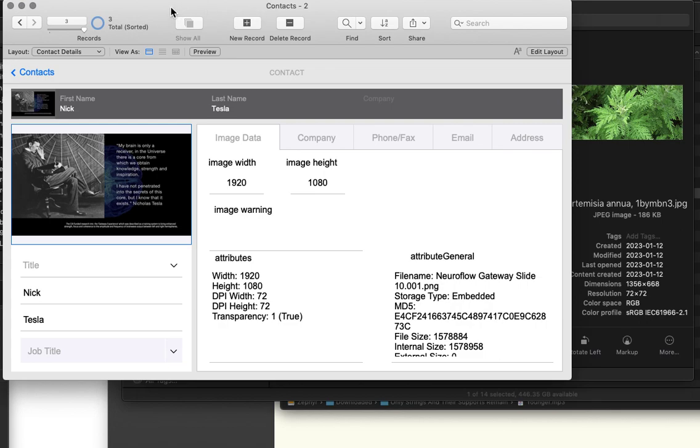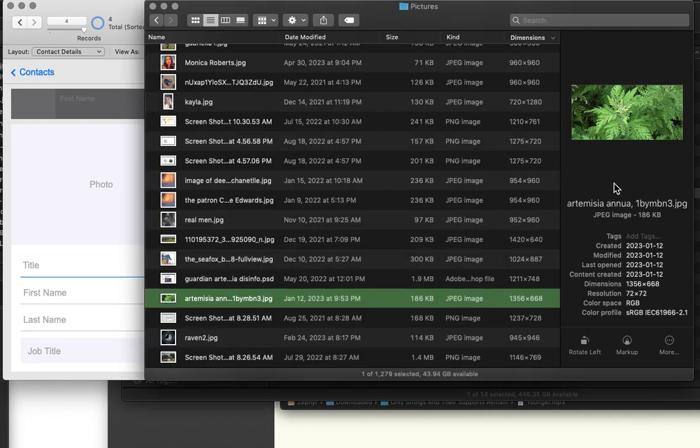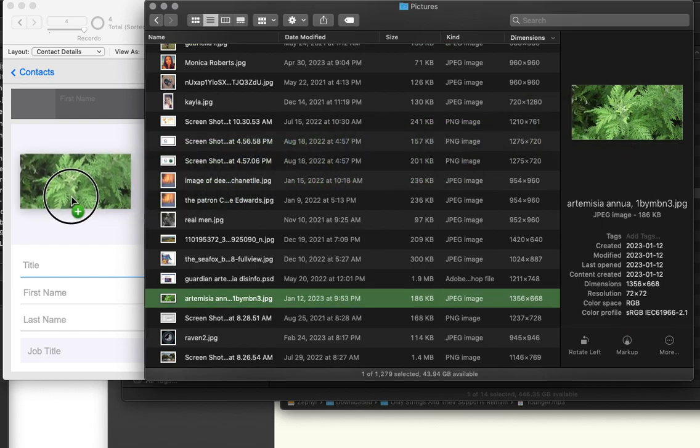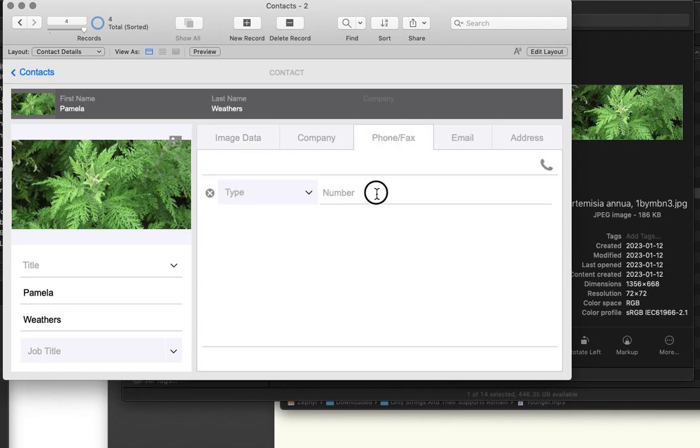What we're going to do is we're just going to start with a blank record. So here's someone who would like a puzzle, and this is the picture that they would like, the award-winning photograph from Africa of Artemisia annua. So here we can see it's 135, and let's just say that this is Pamela Weathers, and she could enter in her phone number here,